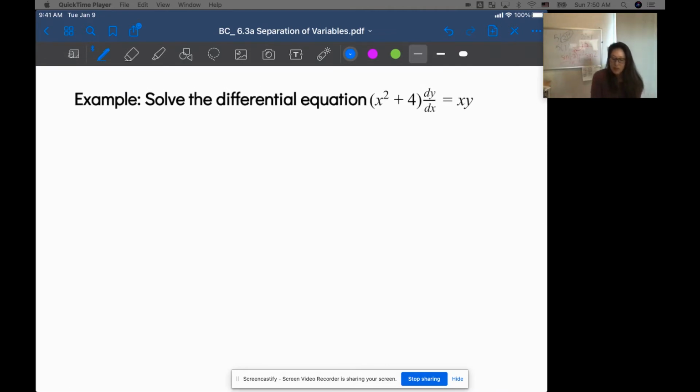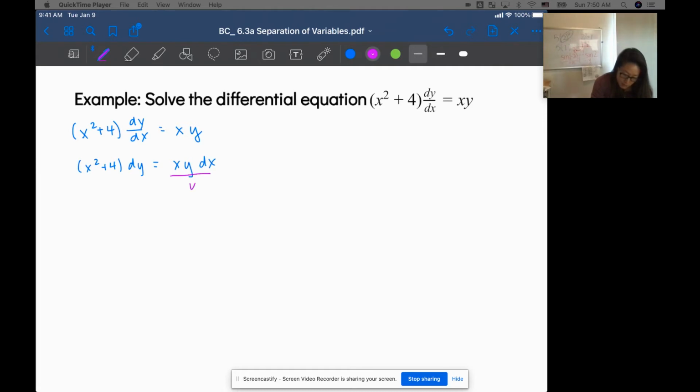Okay, up next, we're going to go ahead and do the same thing, but with x squared plus 4 dy dx is equal to x times y. So it's time to separate and integrate. I'll just rewrite it, x squared plus 4 dy dx is equal to xy. Multiply dx on both sides, so we get x squared plus 4 dy is equal to x times y times dx. I'm going to divide both sides by y,